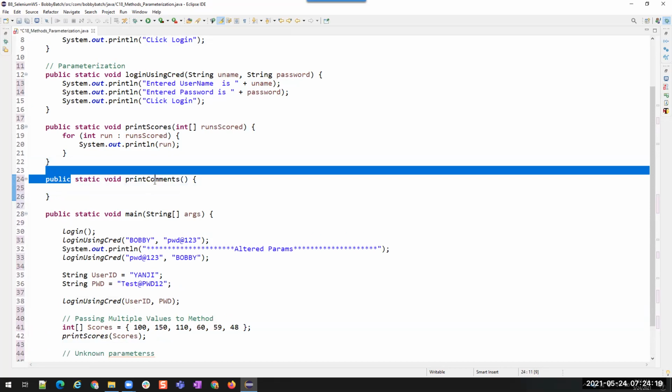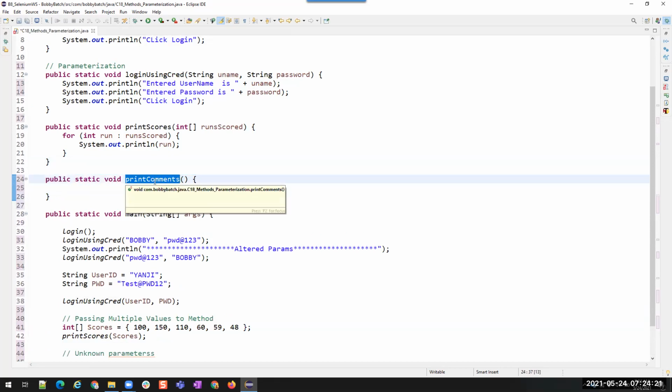See, why am I using this? For example, do you know how many comments you will have on your Facebook or YouTube? Suppose you have a Facebook post, will you be able to predict that okay, I'm going to get 3 comments for this post, or 4 comments? No, right? There might be 10, there might be 20, there might be 100. We don't know how many comments we are going to have in the post.